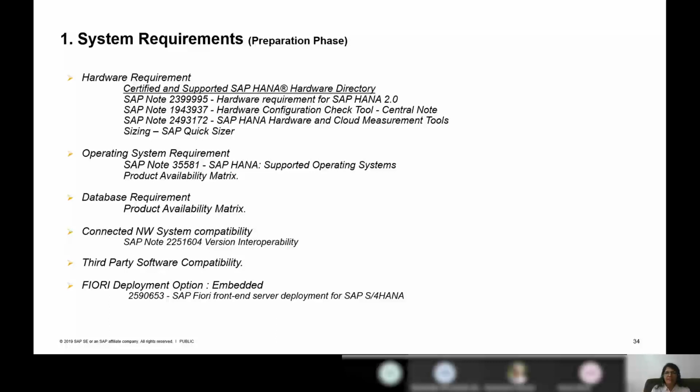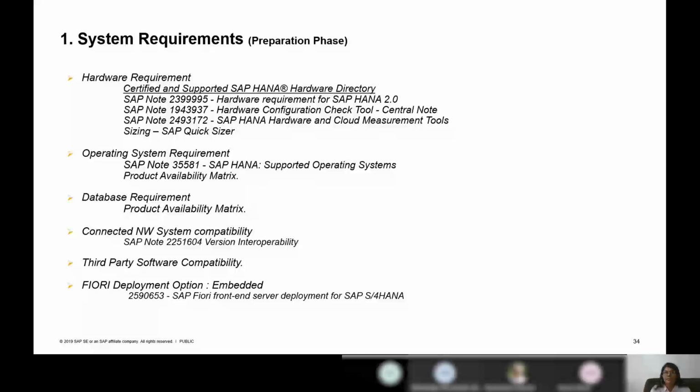The second part is the operating system requirement. You need to find out what version you are running right now. You can go to this note number, supported operating systems, and you might have to do an operating system upgrade, in case you have not done it in the last 1 year.